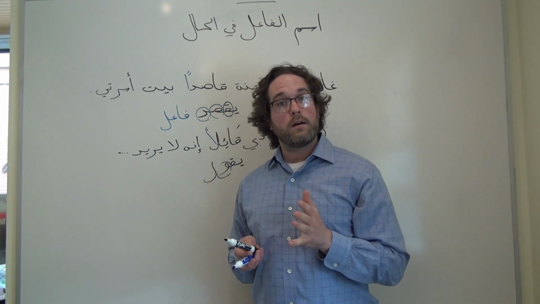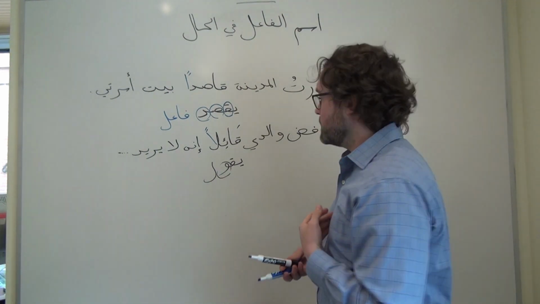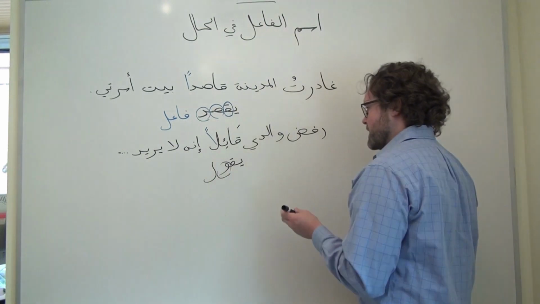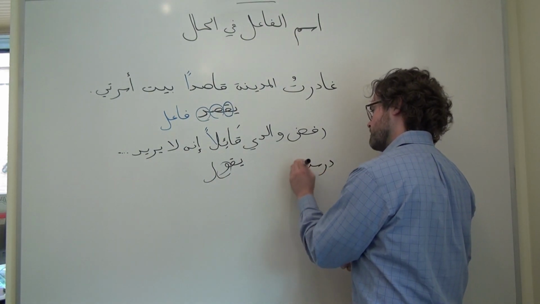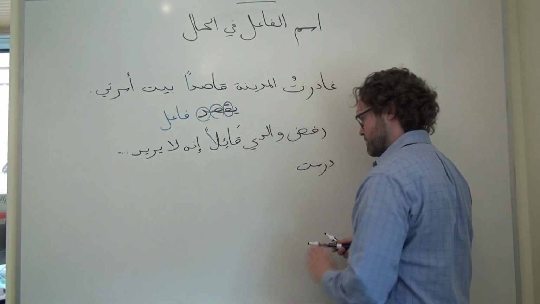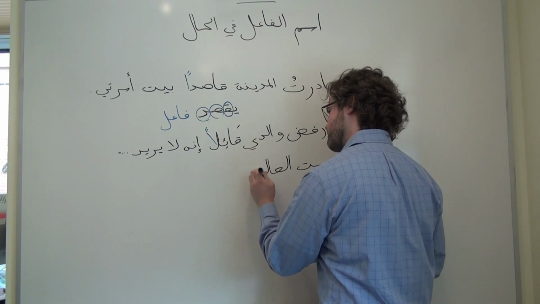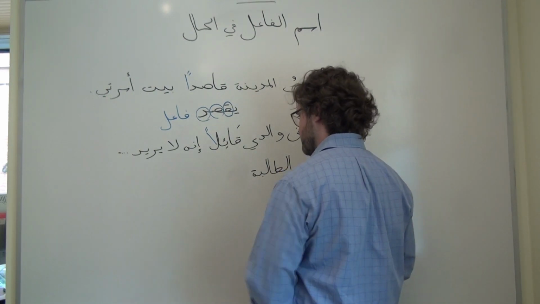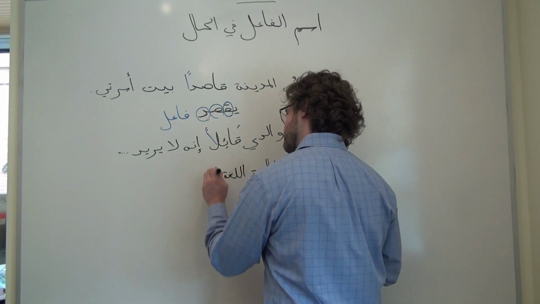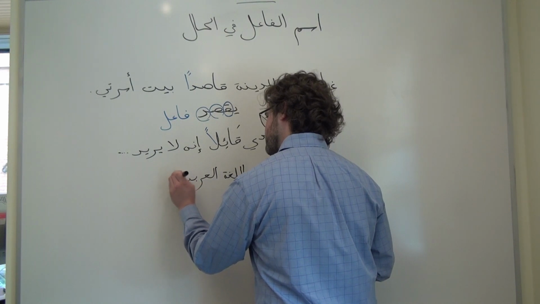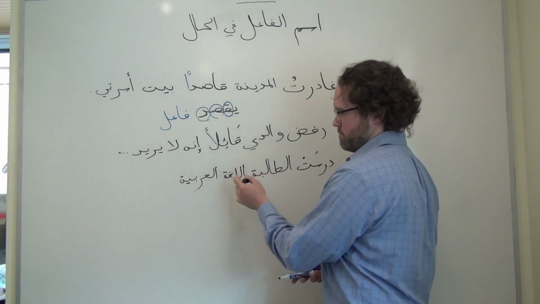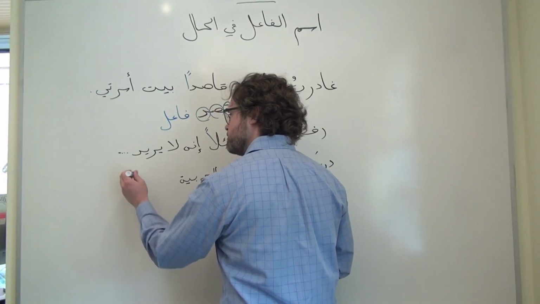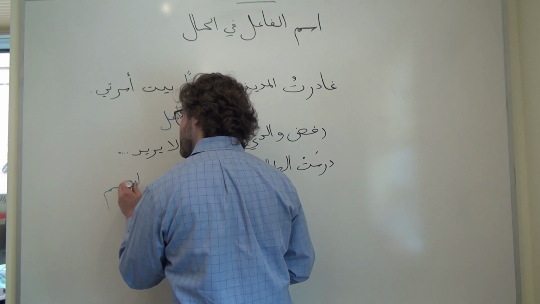Let's take an example with a feminine ending. If we want to say that the student, the grammatically feminine student, studied Arabic smiling, we could say it as follows. درست الطالبة اللغة العربية while smiling, smilingly, if you will. We could take that Form 8 verb, ابتسم,